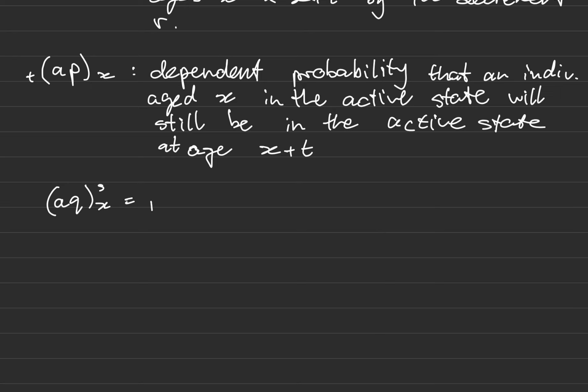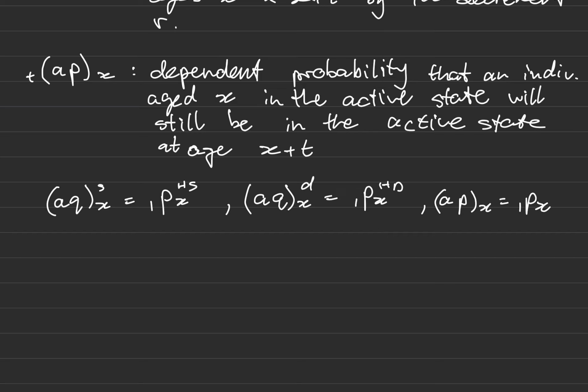This equals 1PX_HS under certain conditions, and I'll explain that. And likewise with this, as well as this, so in general these do not equal each other, but they do when